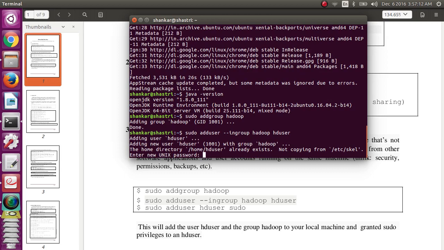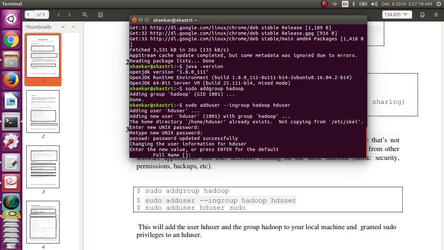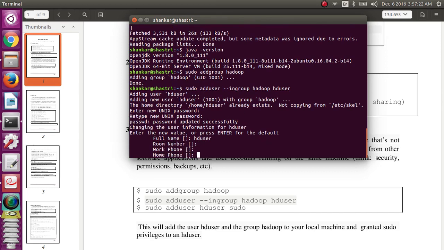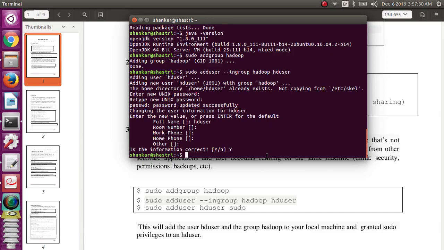Now I am giving the same password, hduser itself. Once again enter, full name hduser. If you want to give all the values, else just press the enter key. Yes. So the Hadoop group is created and the authenticated user hduser is created.